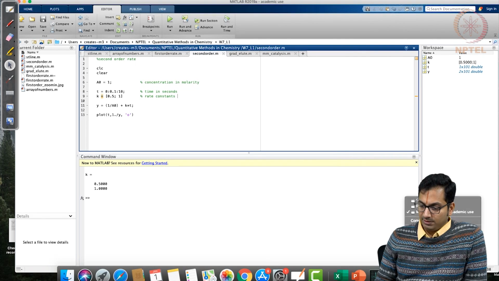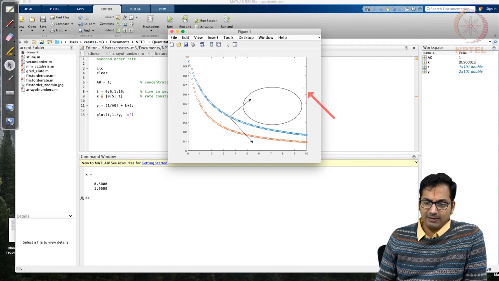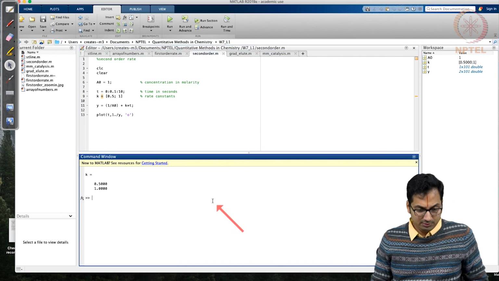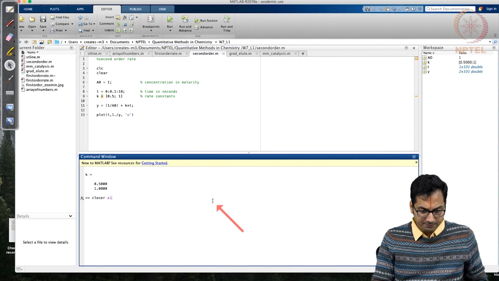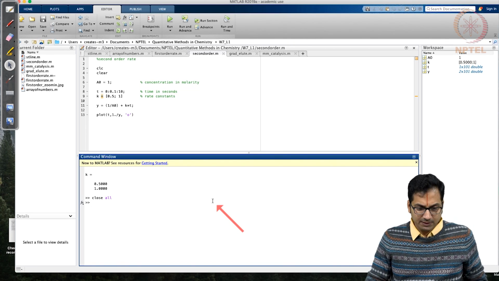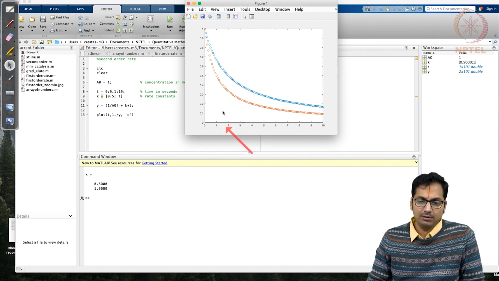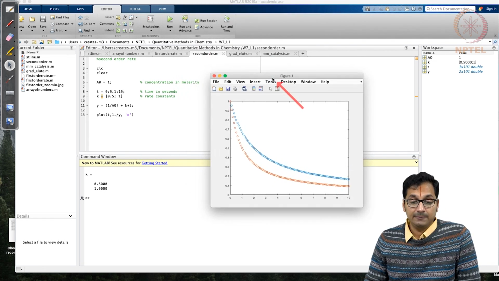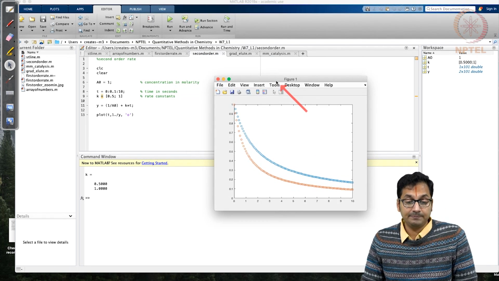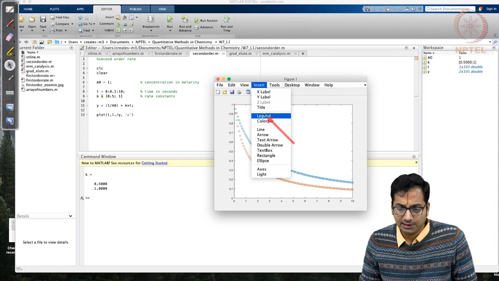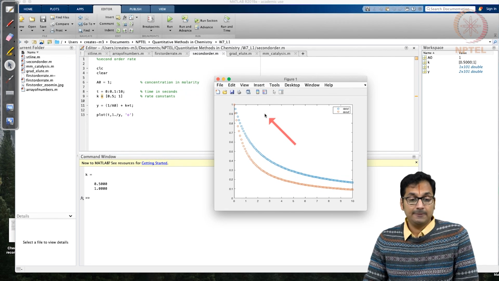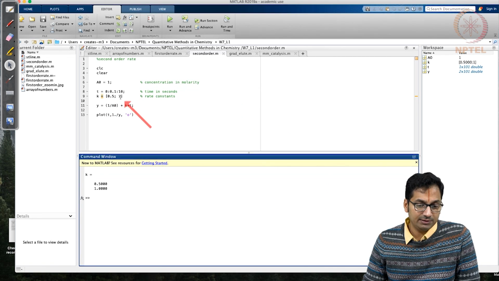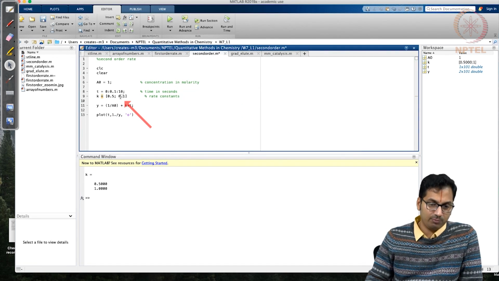So when you are able to run it, let's take a look at the figure that we have obtained. So it's a good idea to close anything that you have opened and then run the code. There you go. What you are able to realize is that unlike the, let's insert legend first before we start talking. Okay, so let's simulate it with the same numbers that we had. We had 0.5 and 0.1.